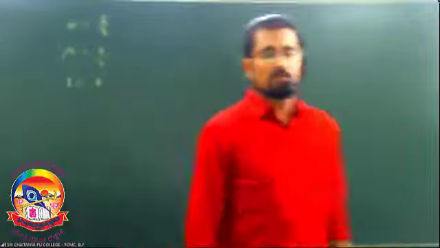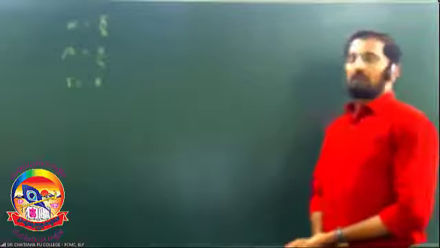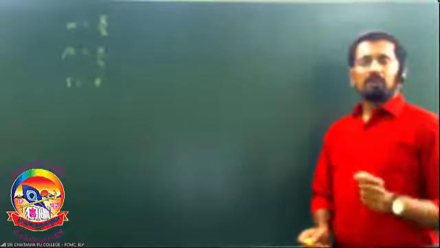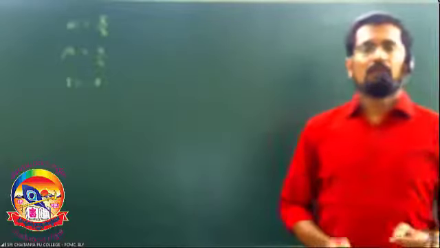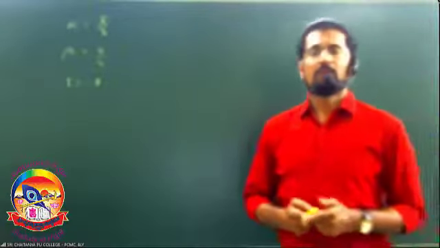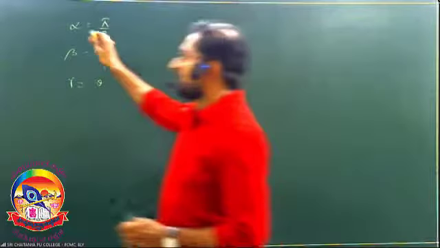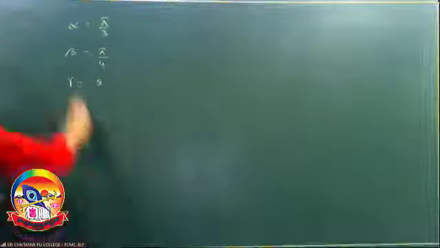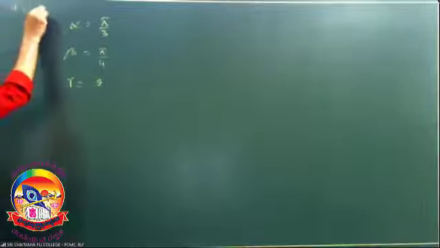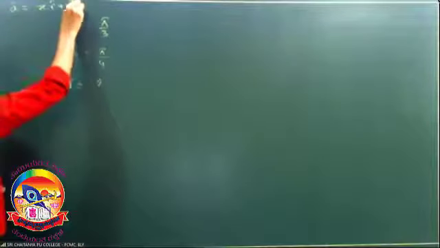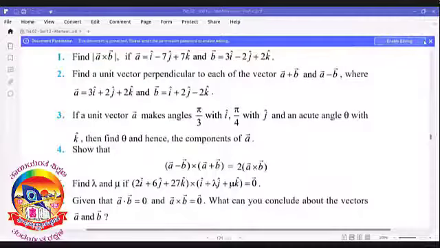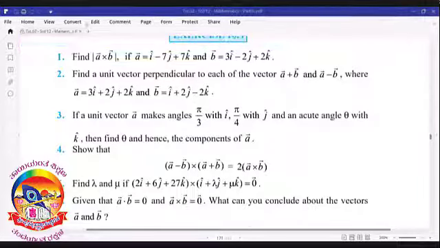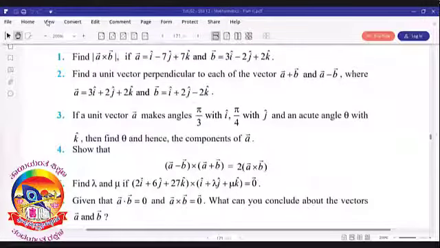Theta is equal to pi by 4, right? And gamma is equal to theta. Okay, now observe one thing. Let alpha be the angle along the x-axis, that means made with the positive x-axis. Let me consider a bar is equal to x i bar plus y j bar plus z k bar, given alpha is equal to pi by 3, beta is equal to pi by 4 and gamma is equal to theta.